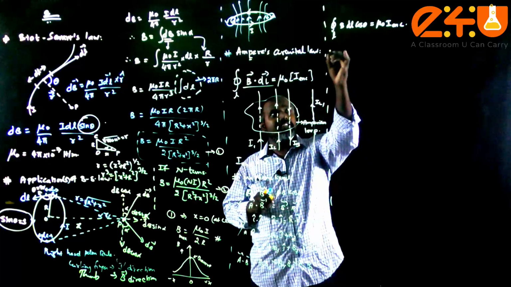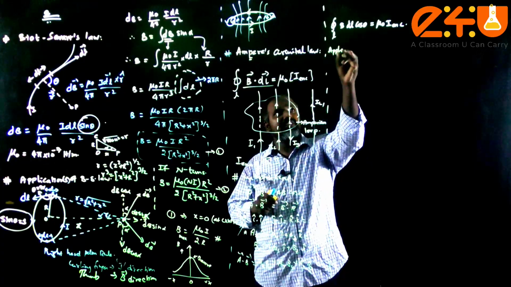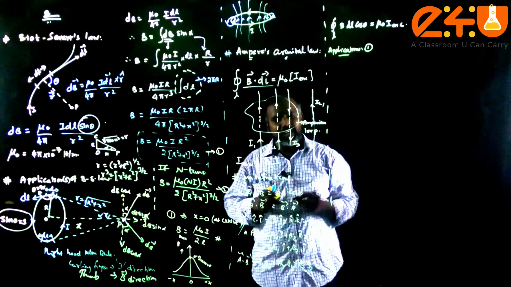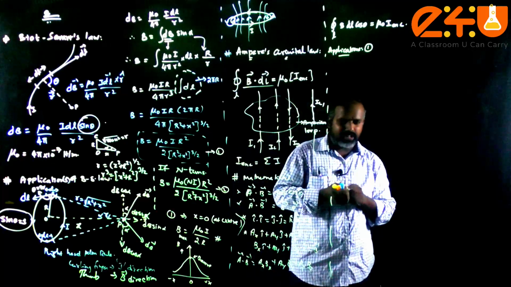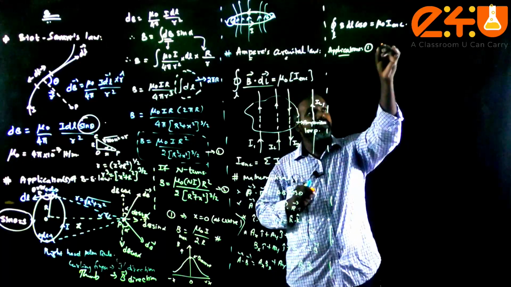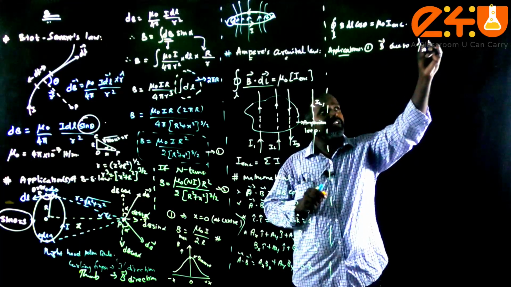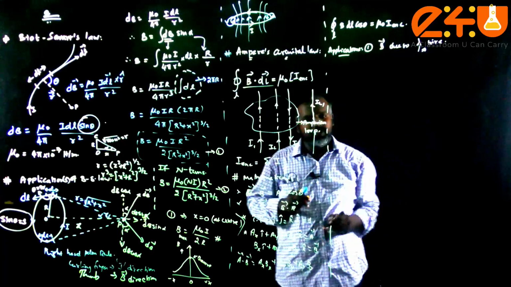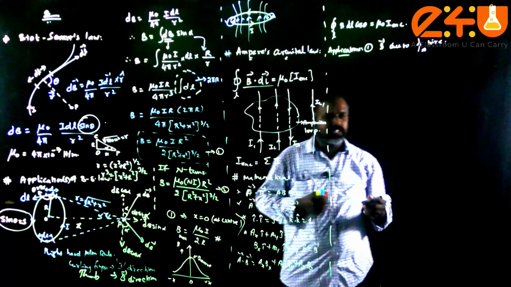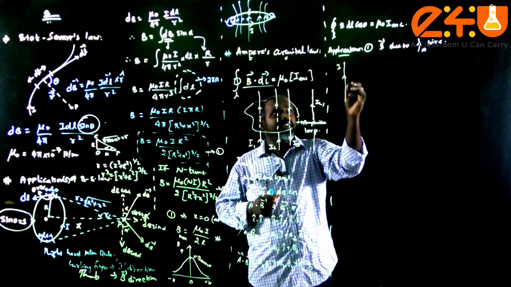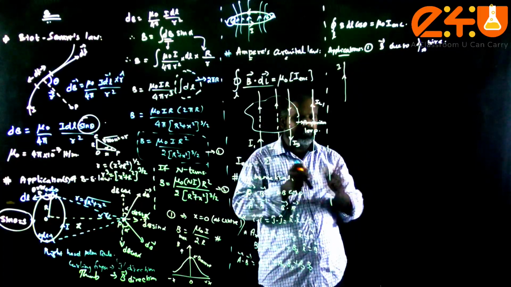Now the first application is the magnetic field B vector due to an infinite long straight wire. Infinite long what, children? Straight wire. So just to see that this is the infinite long wire, and you know that the magnetic field is upward,